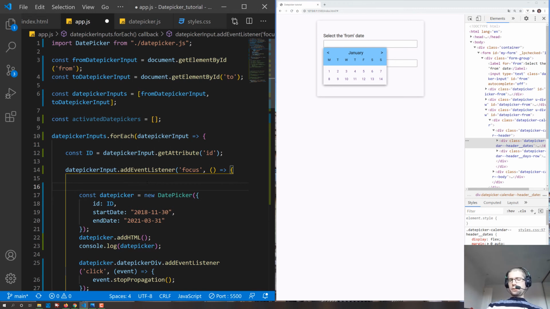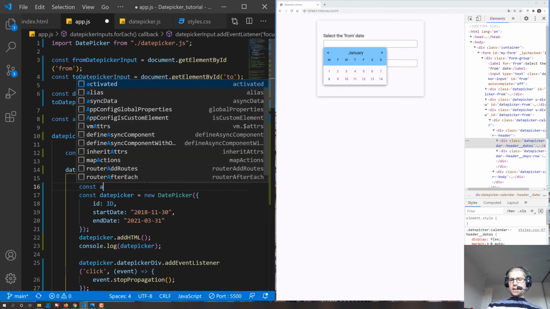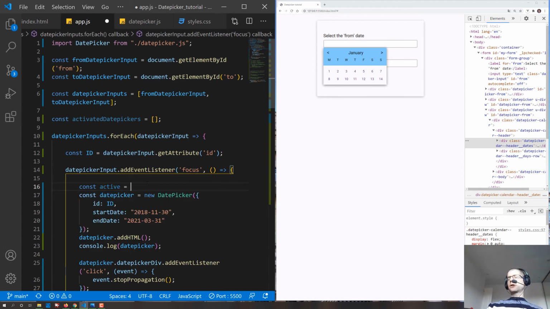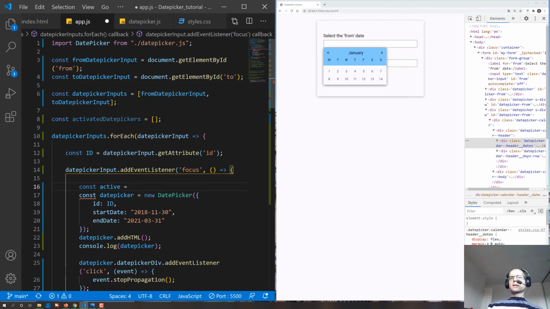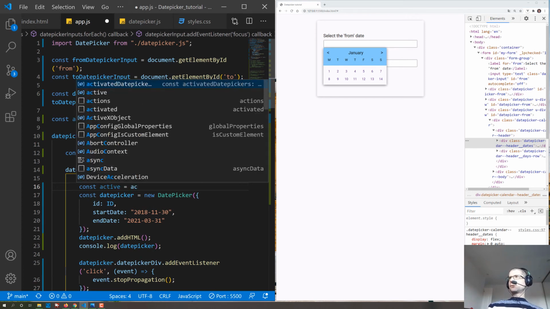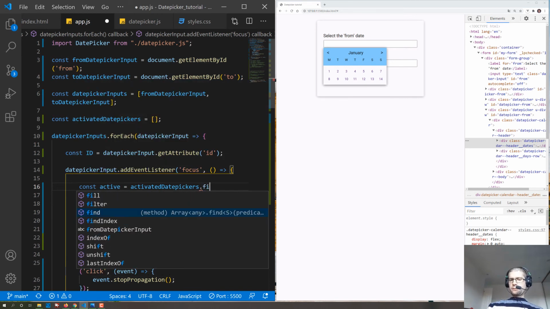So we need to check if we have an active one, and we can check it using an array method, the find array method, which returns the element that was found based on a criteria we give, or otherwise it will return undefined. Now, it might return null. Either way, it will be a false value. It doesn't really matter which one it is. So we can say the active should be equal to activatedDatepickers.find